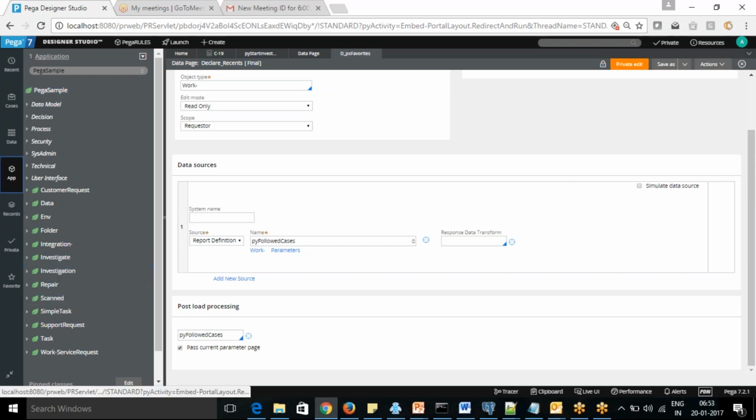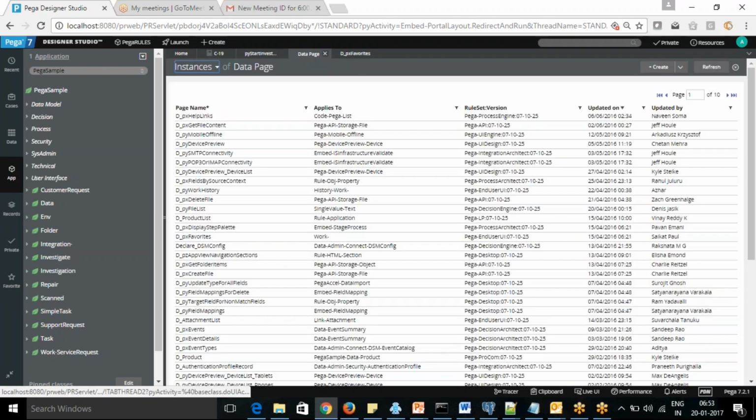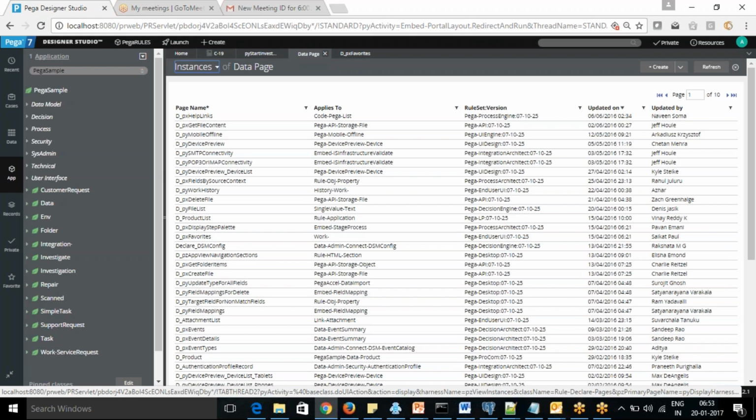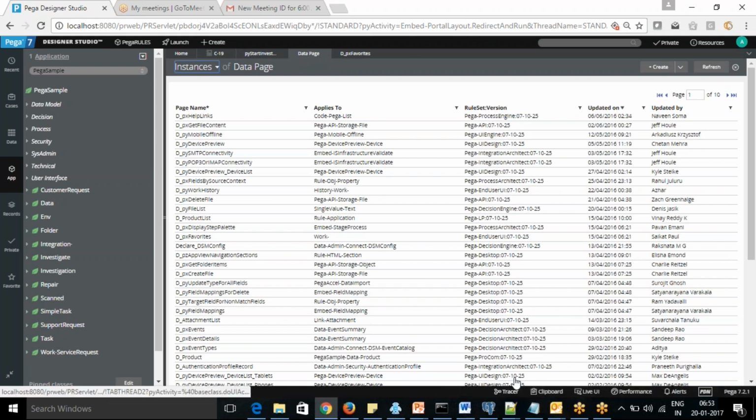So that cache, how will you see it? Actually, if you are getting something wrong, if you are getting wrong details here, some wrong values are coming, how will you see that? Why is it showing a wrong value? How will you see the cache? That's the feature Pega provides. So the clipboard in Pega is nothing but how you see your cache. What is there in the memory?